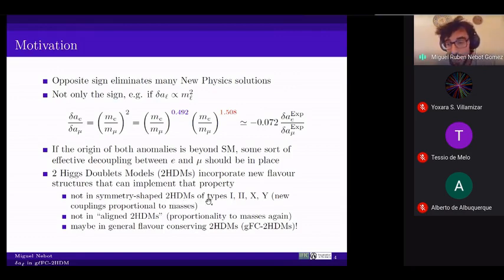I beg your pardon, but I lost all the references in the presentation, so that's a pity, but they are not so critical for the content. And finally, remaining in the simplicity of models in which there is flavor conservation, one can go to a more general scenario, which is the one within which we will be working. We'll see this in a few slides.